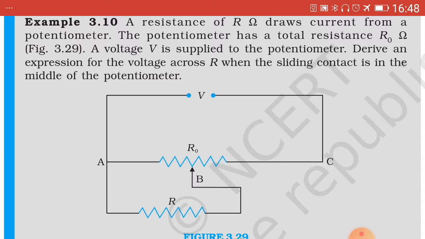and we have to find out the voltage across this R drawn below, that is at the bottom, and from the external resistance point B is shown, that is the sliding contact. The jockey is slided on the wire and it is lying at point B, that is in the middle of AC wire, that is in the middle of R0 resistance. Now we refer its solution.